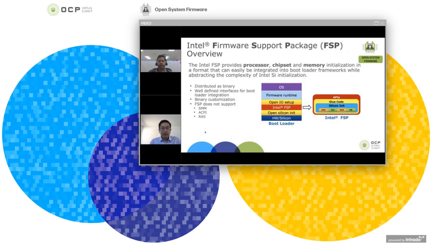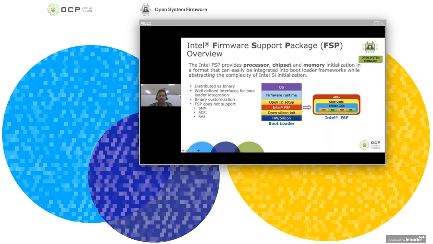Now is the second part, where Vedi will give the presentation. Thanks, Jonathan. So let me go through the Intel firmware support package overview, and then we'll click down on